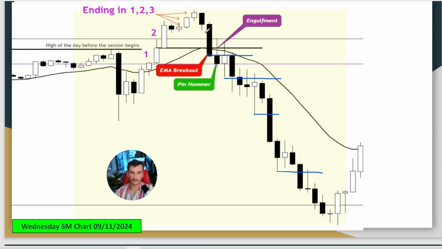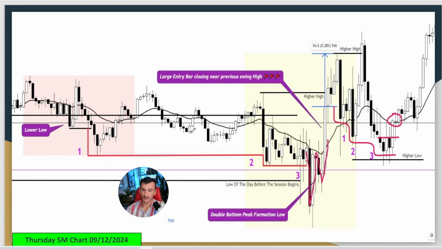First entry short: usually I'm going to look to take the first entry short off the peak formation that was created. This is the M. Second entry short could be the first pullback, or if I didn't enter the first time on the second leg of the M or W, then that will be my first entry short. Second or third entry short, and then I'm avoiding these. A bit more of a choppy day on Thursday, but we have the London session over here,